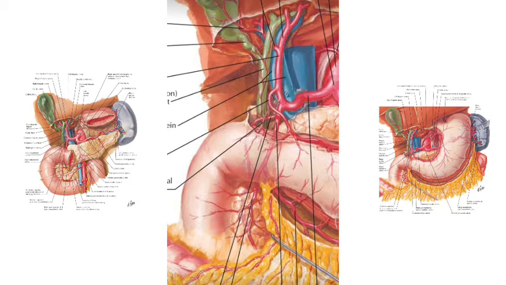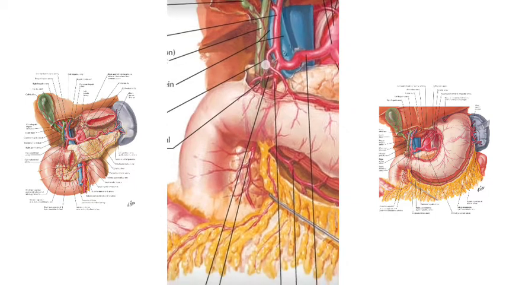behind, as you can see, the portal vein is there. That is the portal vein. On the left side, you have the proper hepatic artery. Basically, the proper hepatic artery will be lying almost in the same plane as the common bile duct and common hepatic duct. That's why the relation is left and right. But the portal vein lies in a more posterior plane. That's why the portal vein always comes as the posterior relation.